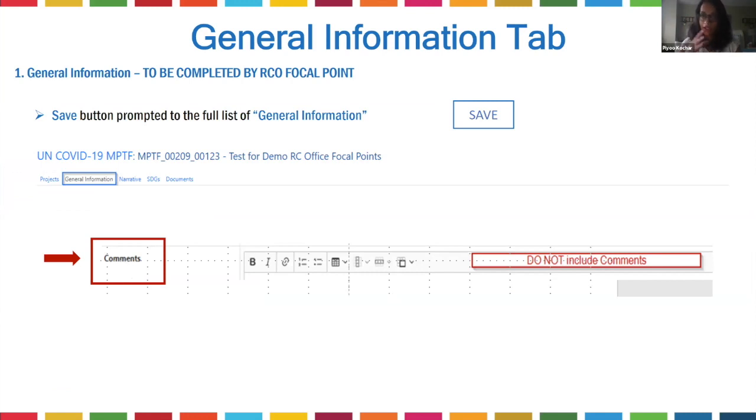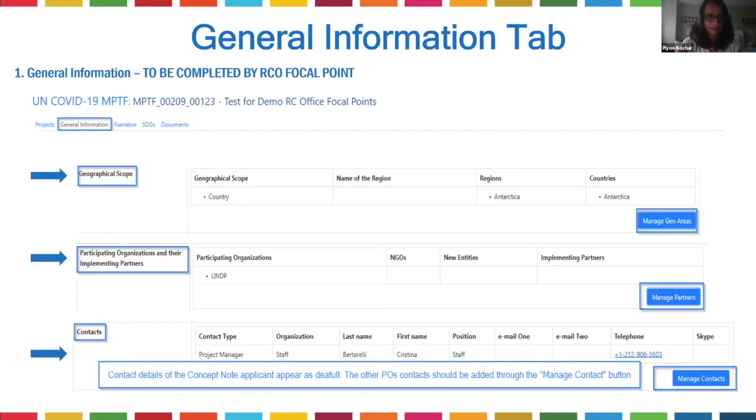So while developing the concept note, because it is in draft mode and it has not been submitted, it is your local sort of document, which is just online in a system. What you could use the space for is to communicate with your colleagues if there are any things. But just before you hit submit, we ask that you please remove all the comments, just so that we have that available for the reviewers.